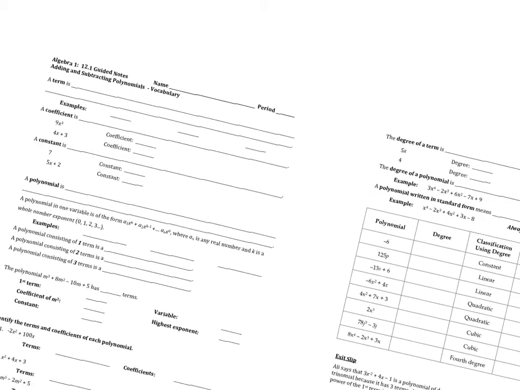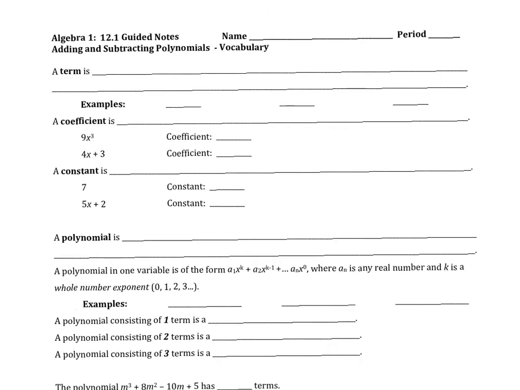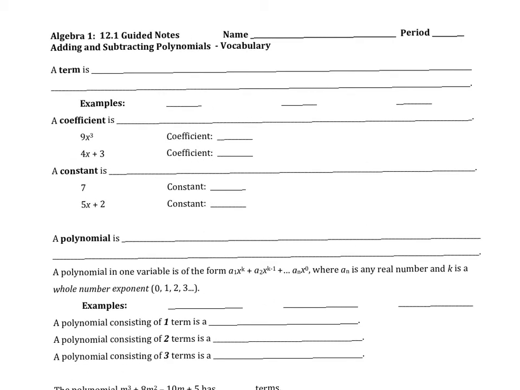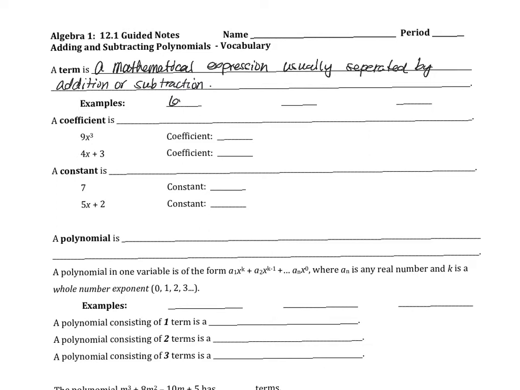All right, everybody, so welcome to your intro to classifying polynomials, also adding and subtracting polynomials. So first, let's go through some vocab here. So a term is a mathematical expression, and it's usually separated by addition or subtraction. Okay, so some example of this could be like just a term could be 6x cubed,